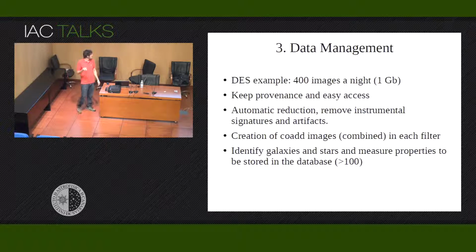Also, the amount of data that galaxy surveys generate is quite big. For example, DES takes 400 images a night of 1 gigabyte, and this will go on for 5 years. Those data need to be reduced, removing instrumental signatures, and we also create coadd catalogs of all these images, identifying galaxies and stars. So it's important to have a good data management system in your collaboration in order to facilitate the work of